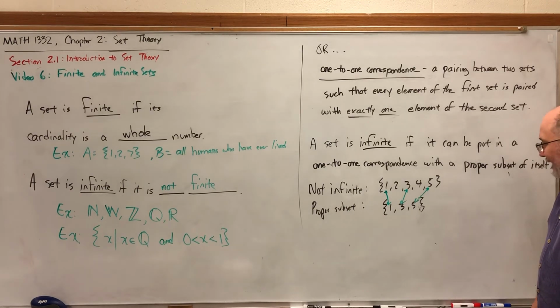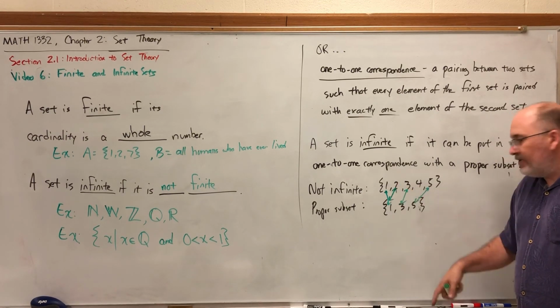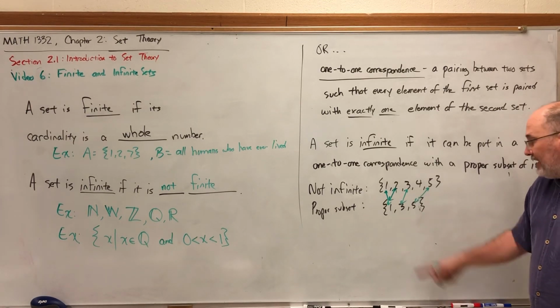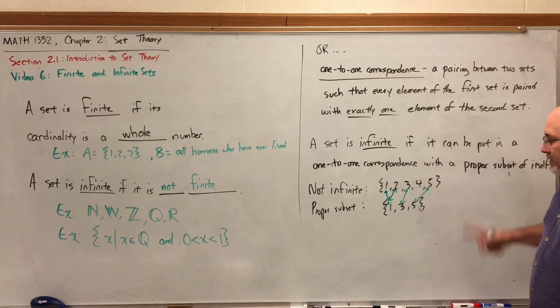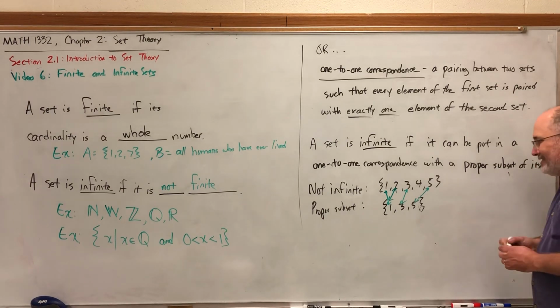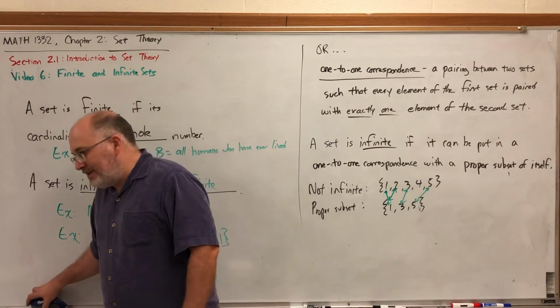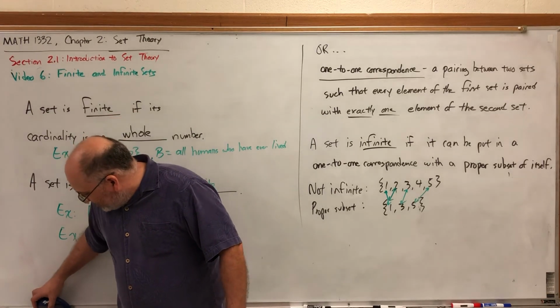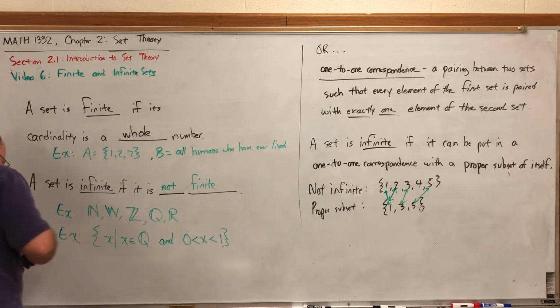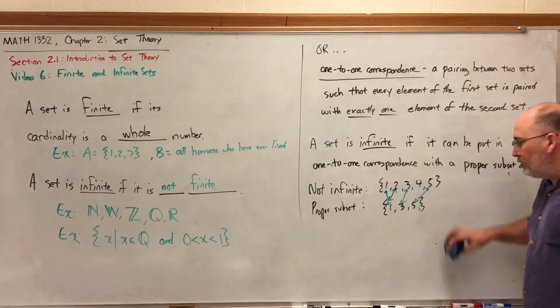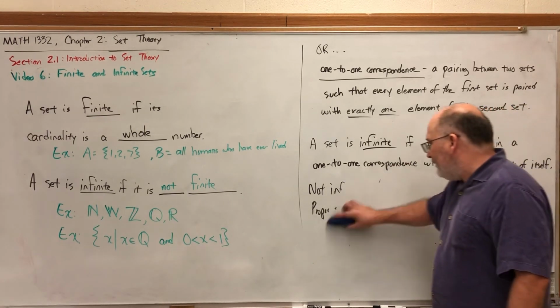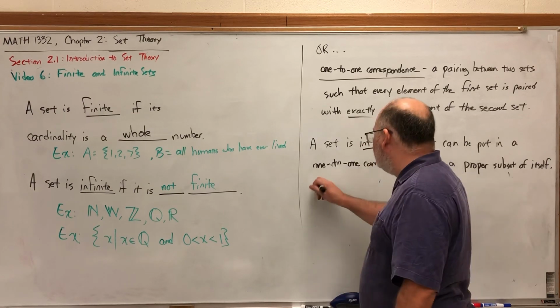At this point, we're not in a one-to-one correspondence because the 2 and the 4 aren't paired with anybody. And if we force them to pair, then whoever we pair it with is going to break the one-to-one aspect of it. Now this is 2 to 1, 2 numbers paired up with this 1 number. The reason we can't make a one-to-one correspondence is because the set wasn't infinite. Now this isn't the only proper subset, but you would have to show that you can't do it with any proper subset, but I think you get the gist that if we take a smaller portion of this set, we'll fail to be able to put it in one-to-one correspondence with itself. But if we take a set that's infinite, like the natural numbers,